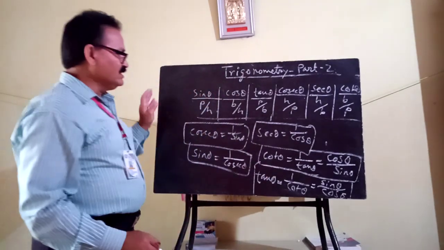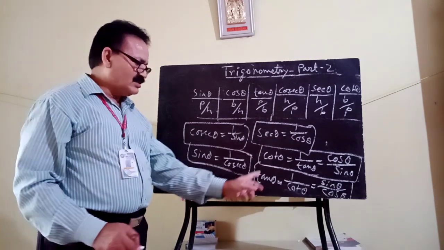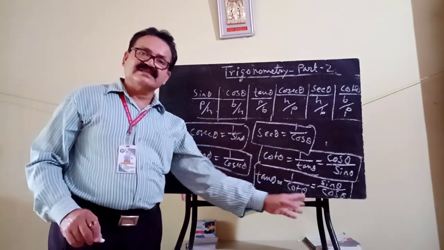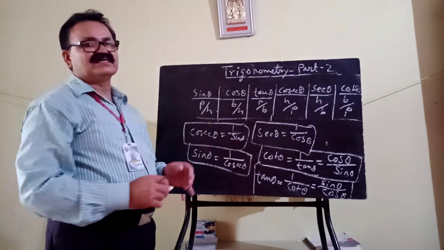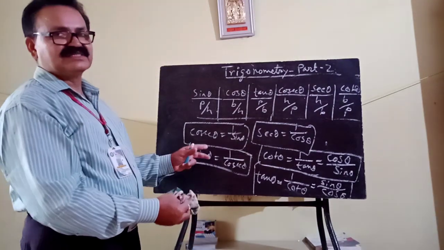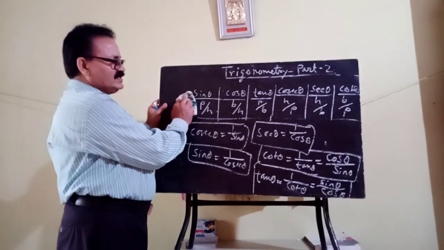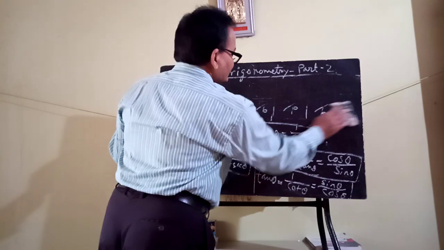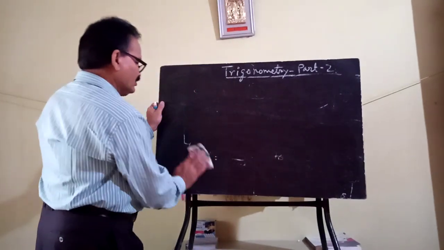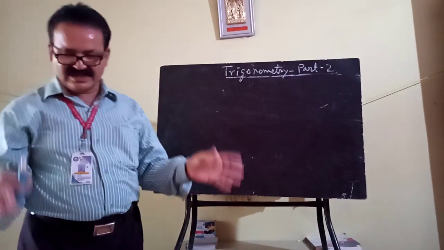So these are the relations between sin, cos, sec, cosec, cot, tan, and also cot theta equals cos theta by sin theta and tan theta equals sin theta by cos theta. These relations are to be used to solve the first exercise of this chapter. Keep these relations in mind. This chapter is trigonometrical ratio, and the introductory part I had explained in my earlier classes.